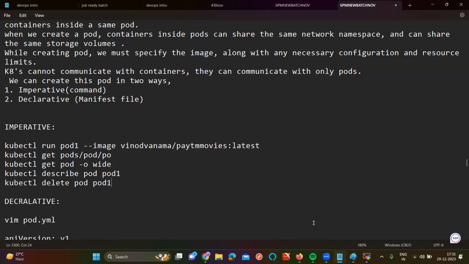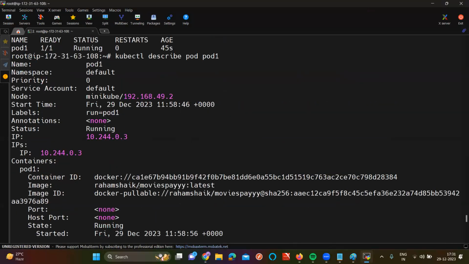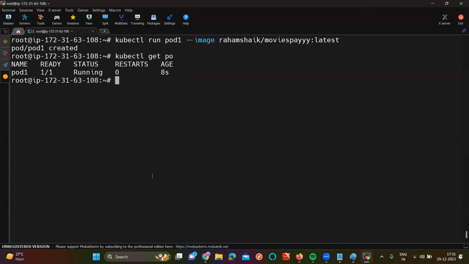Okay. So now let's do it one more time. Now you tell me the command. I'll ask you the question. Tell me the command to create the pod. Name of the pod, and image, you can give whatever image you want. Already I have this image now, so I can use this image, or you can use your custom image also. To list the pod, tell loudly: kubectl get po. The shortcut is po for pod. If I want to get the IP address and worker node information, hyphen o wide.